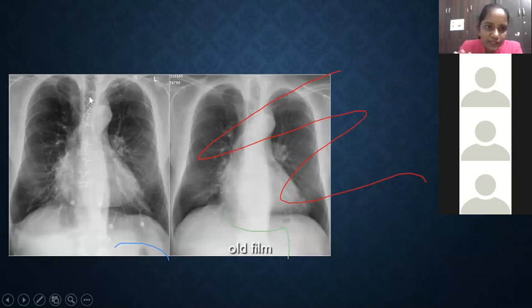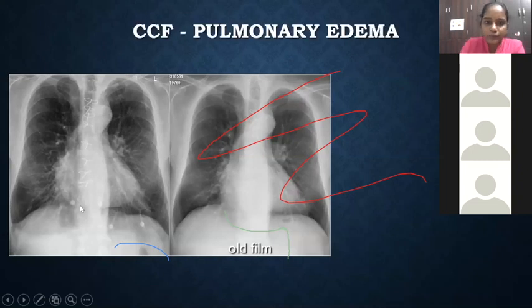So this patient has been operated on very recently. We are able to see the sternal wires, and there is cardiomegaly, and because of the interstitial edema, we are able to see the opacities on both sides, and there is a hilar opacity because of the raised pulmonary venous pressure. So this gives a bat wing appearance, and there may be Kerley B lines if the pulmonary venous pressure is raised.